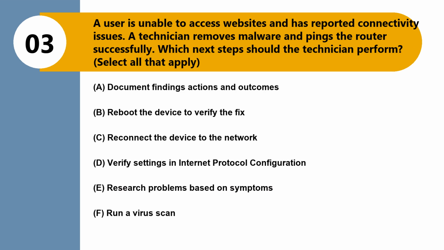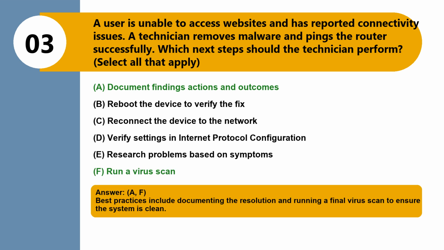Question 3. A user is unable to access websites and has reported connectivity issues. A technician removes malware and pings the router successfully. Which next steps should the technician perform? Option A. Document findings, actions, and outcomes. Option B. Reboot the device to verify the fix. Option C. Reconnect the device to the network. Option D. Verify settings and Internet Protocol configuration. Option E. Research problems based on symptoms. Option F. Run a virus scan. The correct answers are options A and F. Document findings, actions, and outcomes. Run a virus scan. Best practices include documenting the resolution and running a final virus scan to ensure the system